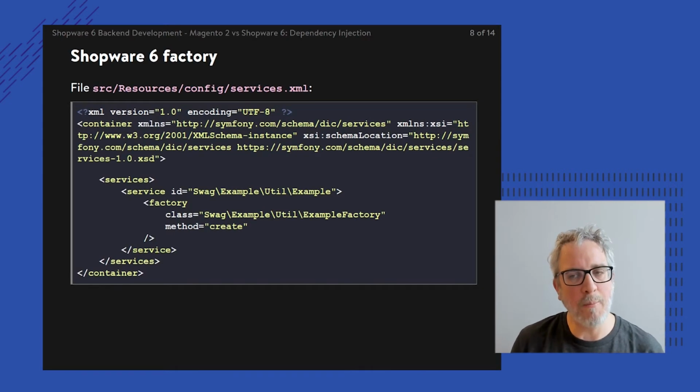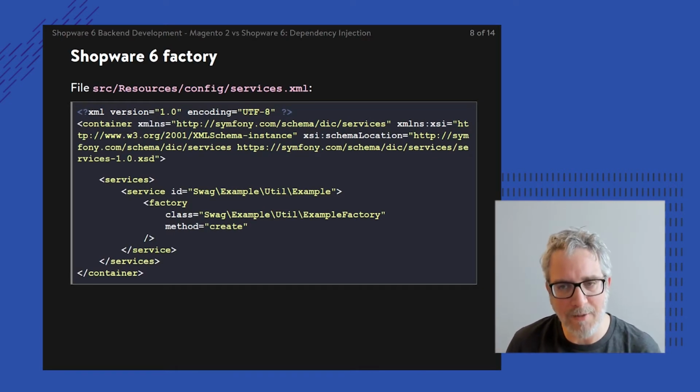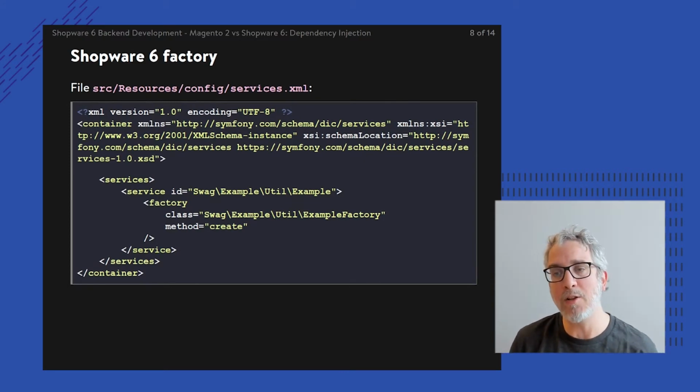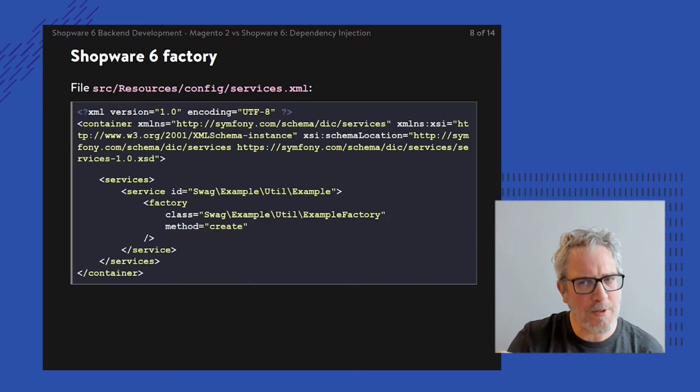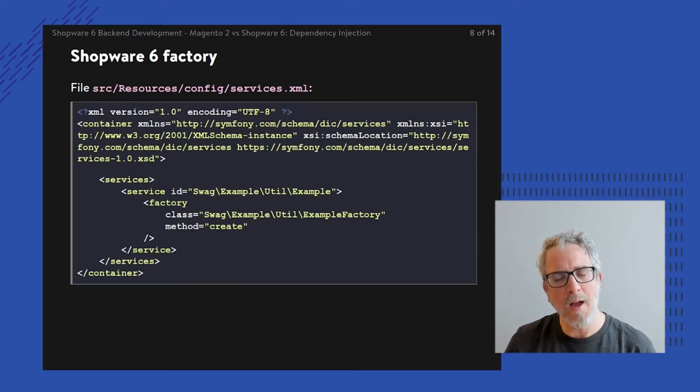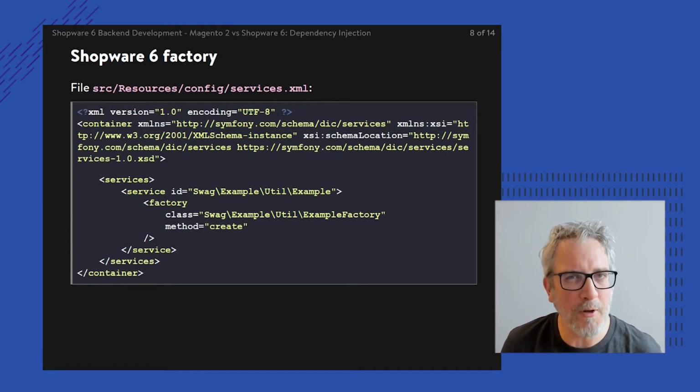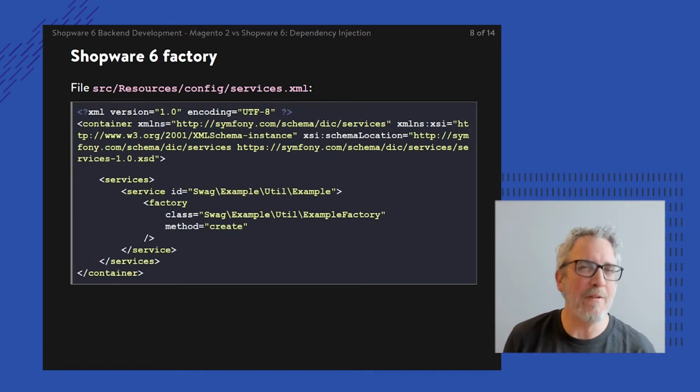However, once that example util has been injected, or the request of it is being handled by the service container, then automatically the service container knows, oh, this specific class I need to put together. I instantiate that object by using this specific factory class with a method create.